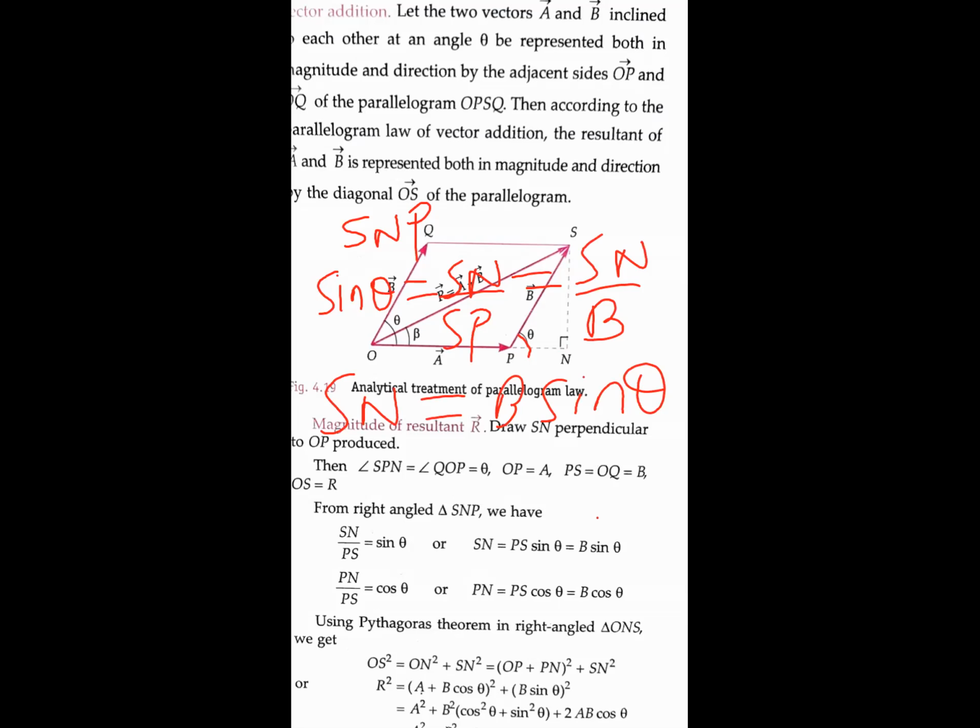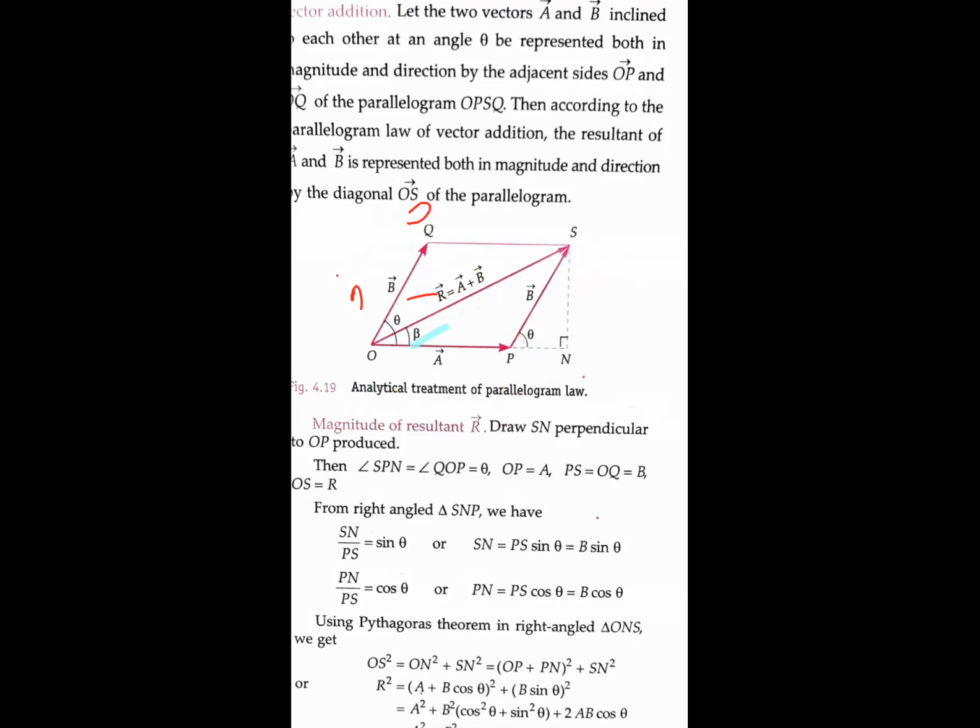That is B sin theta. Now we can find out the value of PN, and similarly, it will come out to be B cos theta. So this is B sin theta, and that is your PN, B cos theta. Yes, children, this much clear. Now, what we have to find? Resultant. So for that, we are going to consider the right angle triangle,